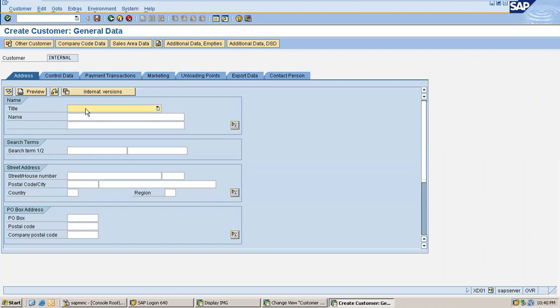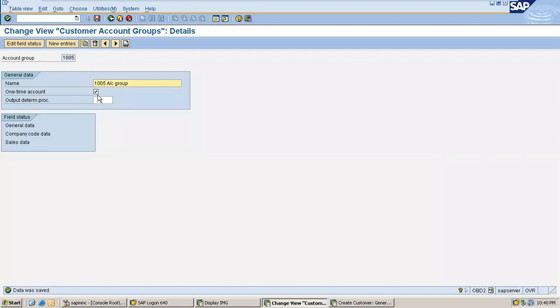Okay. You cannot see this difference here in creating the customer master number, but when you have a customer master number created with an account group which is marked as one-time account, and this customer number is entered in a sales order, this populates the address tab. So okay, we do one thing. Just remind me at the time of sales order processing. We will explore this. Just for now, remember this one-time account concept is used in the retail industry. I'll show you examples also. That time you can better understand this.